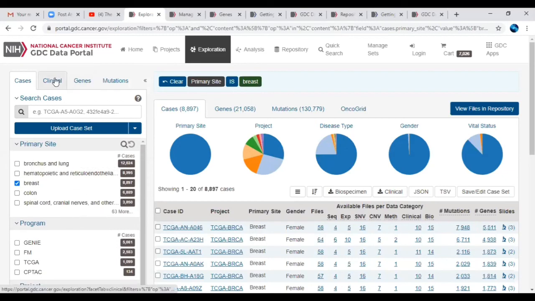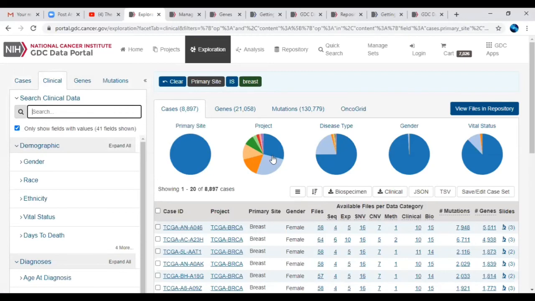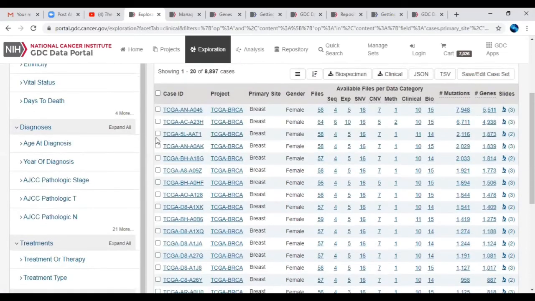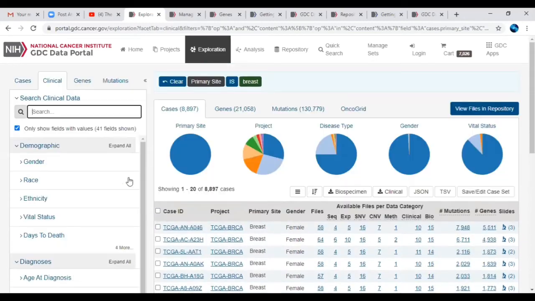In this particular search option, you can directly download that particular filter, and then afterwards you can directly download those files. Like this you are talking, na? Yes, yes. Okay, so here, treatment or therapy, yes, we can see. So here are the cases and the clinical, and these are the filters they have provided.